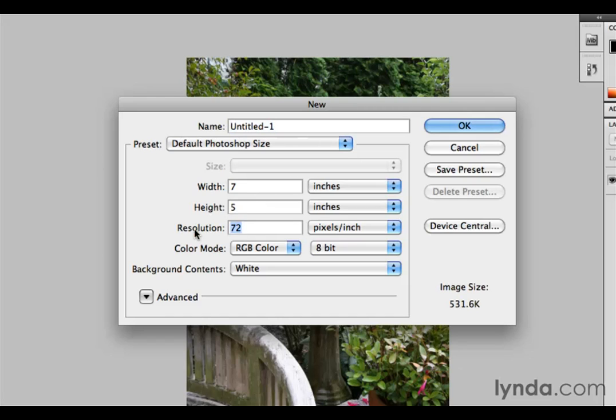And let's say I started out with a resolution of 600 dpi, or pixels per inch. So I'm going to go ahead and type in 600 in the resolution field here. You can see that's a pretty big file. It's 36 megabytes. Now, if my printer tells me, well, we recommend you use